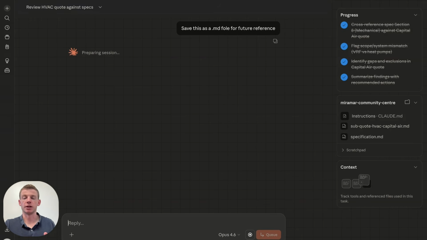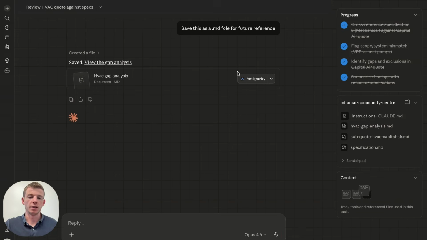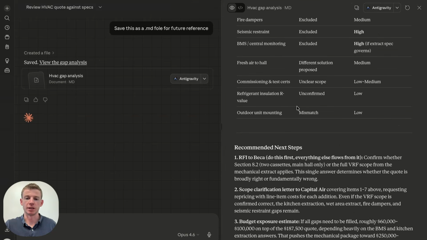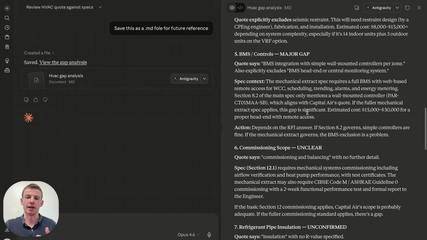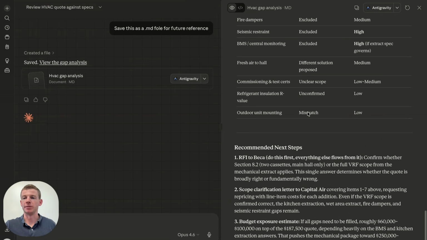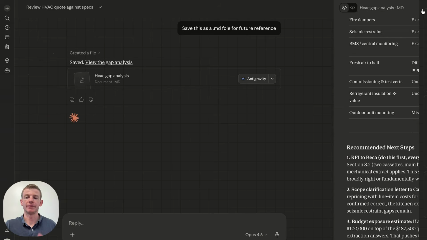So now it's going to go through and take all that information, put it into a markdown, and then I can reference that in future tasks. And there you can see it's gone through, created a markdown file, and it's also saved within the folder structure there. And if I click into it, you can see it's basically given us exactly what it had before, but now it's in a format where I can reference it again later